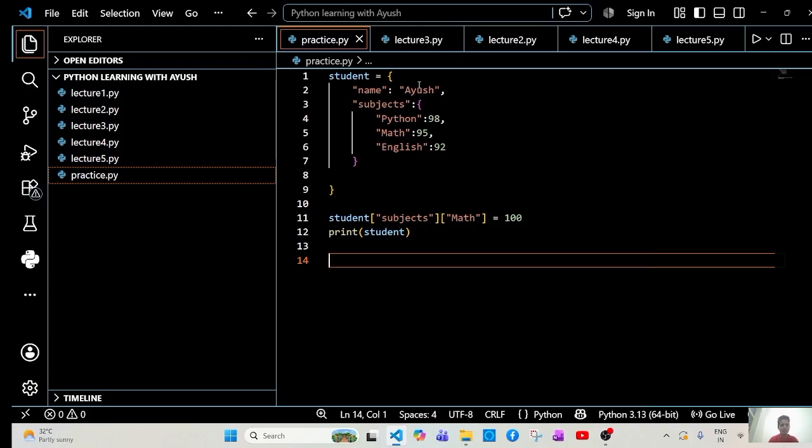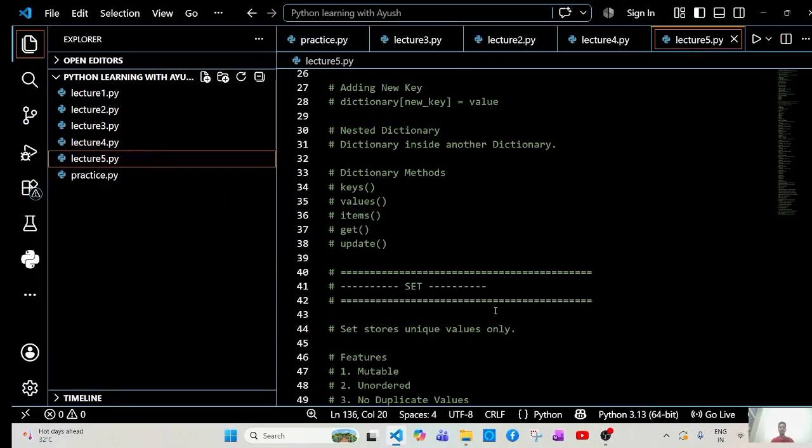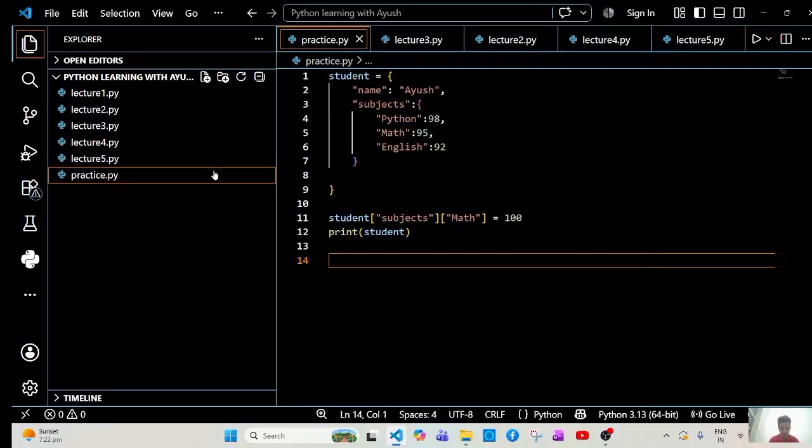Then we have what next? Some dictionary methods: keys, values, items, get, update. Let's understand each one with examples. So method one is keys. The definition of keys is that the keys method returns all the keys present in the dictionary. Once again, example: